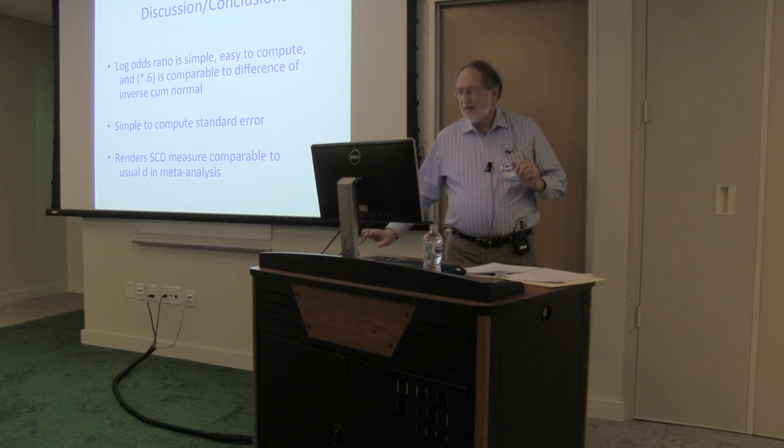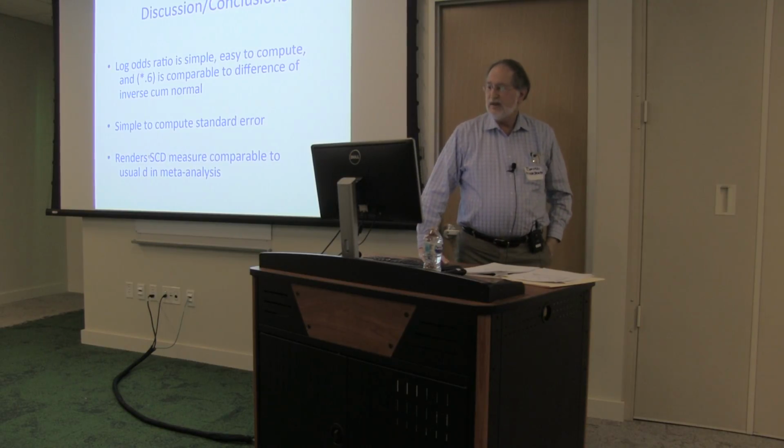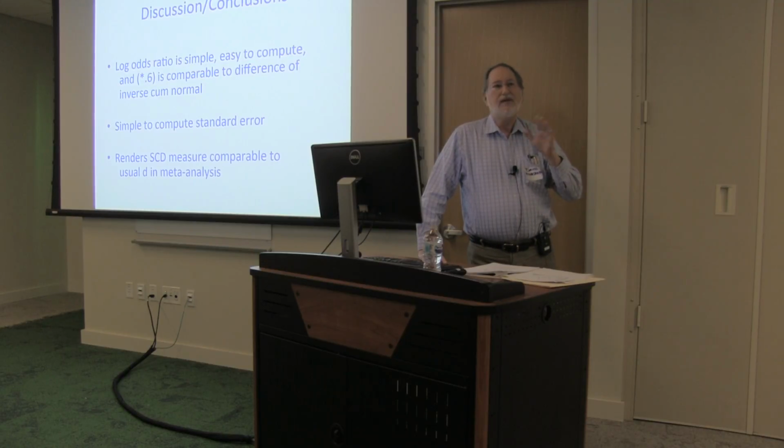But it is. So it renders this single case design measure comparable to D, except that it's for individuals rather than between individuals. And when you look at the What Works Clearinghouse, which I think Rob mentioned a little bit, you have to satisfy them that you've done things